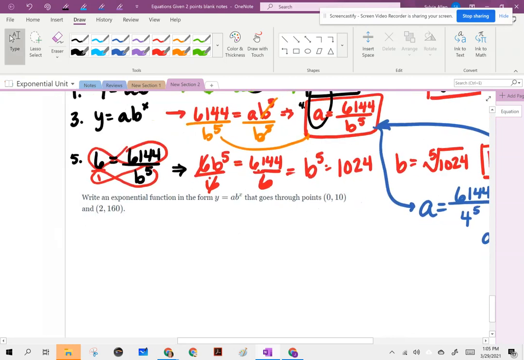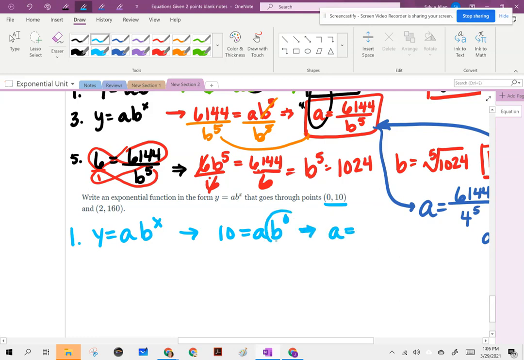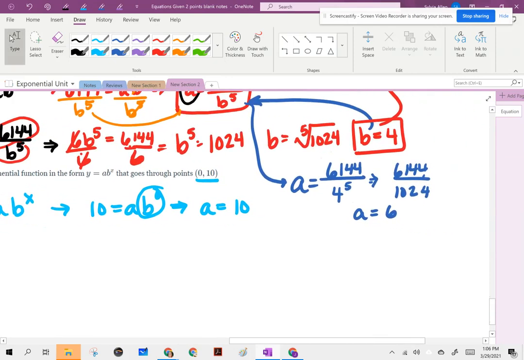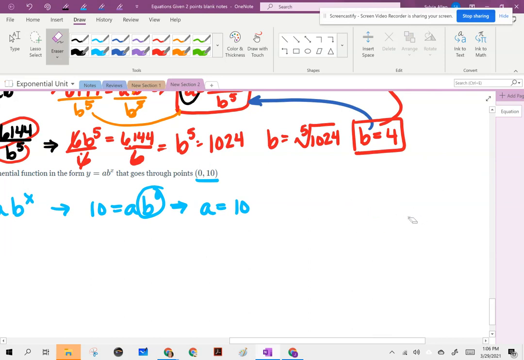All right, last one. If you could go ahead and try that. Hopefully you are getting better at these. Step 1, y equals ab to the x. Replace the x and the y. So you get a b to the 0 power, which means a is equal to, remember, b to the 0 power is 1, so a is equal to 10. Remember, as long as you find out what a is, that's half the battle,